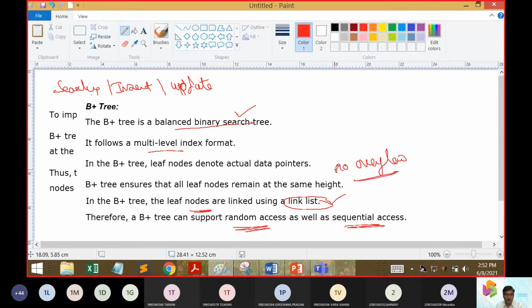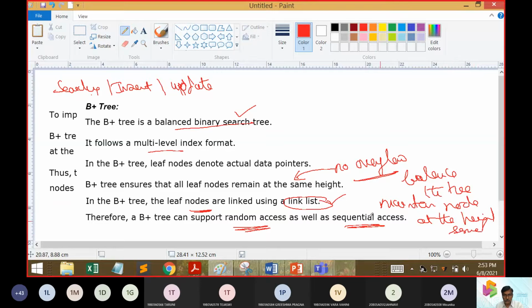As there is no overflow, now we need to balance the tree. That means we need to maintain the nodes at the same height. So that is the key takeaway.